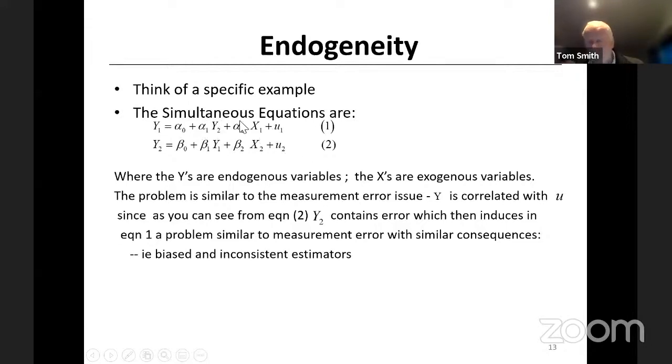So the simultaneous equation pops up as having the same sort of problem as measurement error, because the y2 is measured with error. And look at this value of y1 in the second equation. Well, y1 is a function of y2 and x1, but it's also got the u1, the error. So y1 is measured with error. And so that's the problem. So you end up with biased and inconsistent